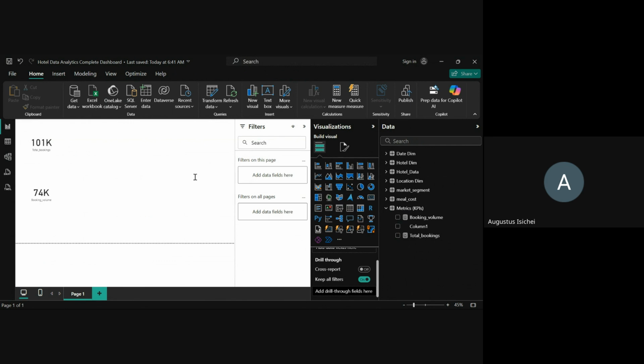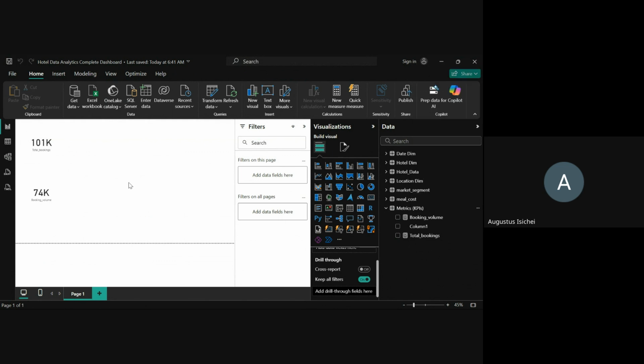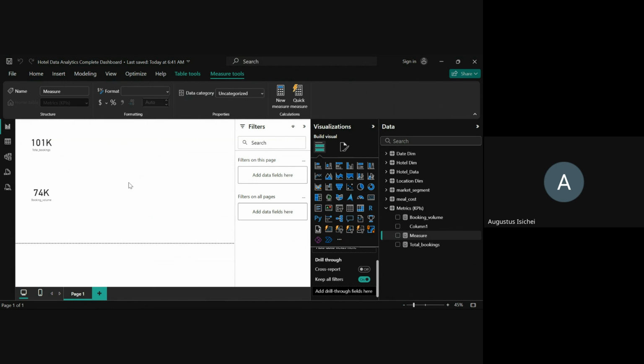I will not calculate that metric since we have total bookings and booking volume, the number of bookings and the number of bookings that were not cancelled. But since we will need the cancelled bookings to calculate another metric in the near future, let's just calculate it. So I have cancelled bookings,